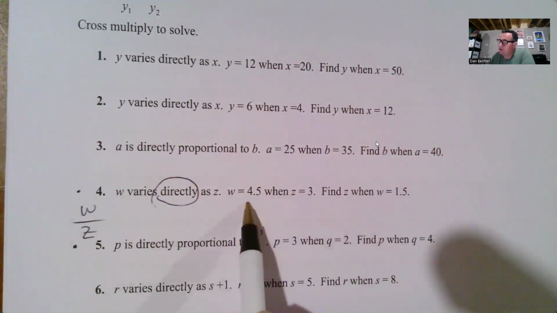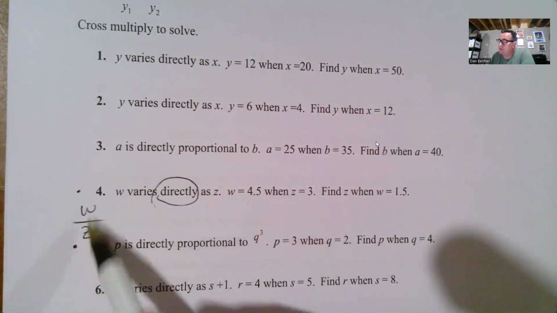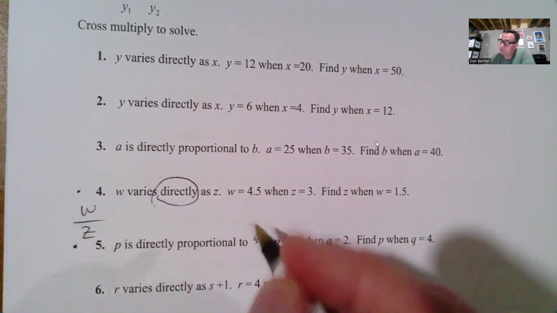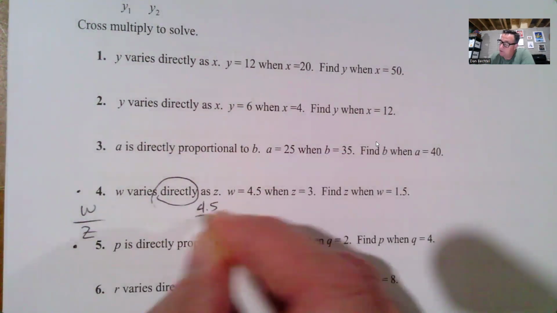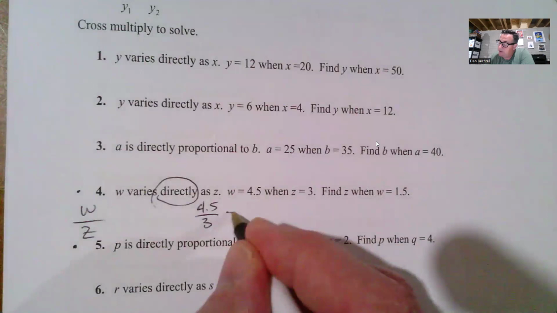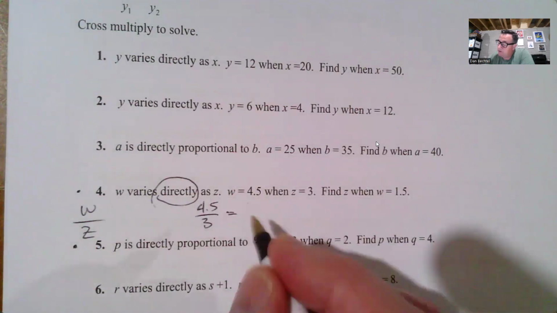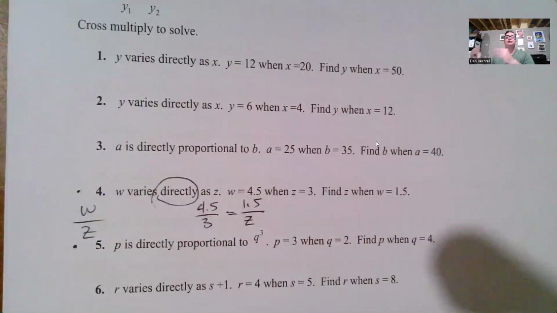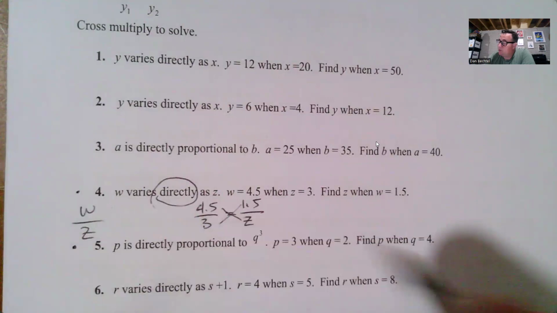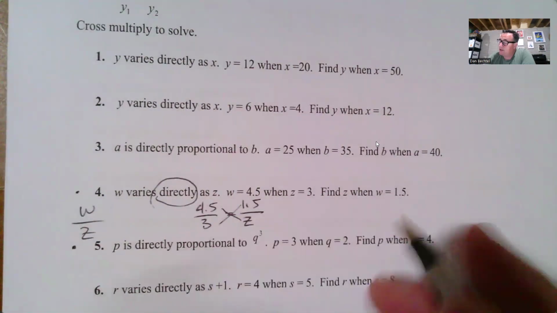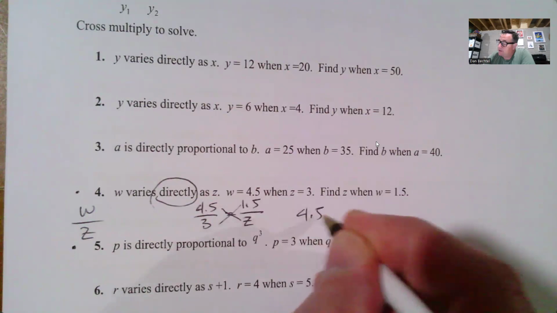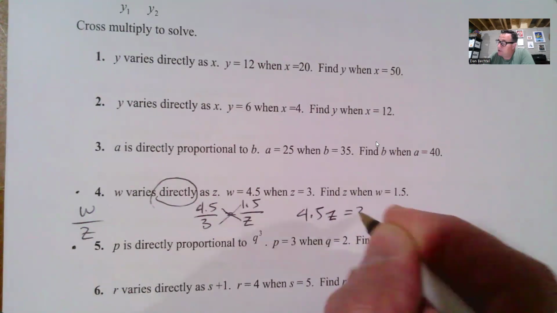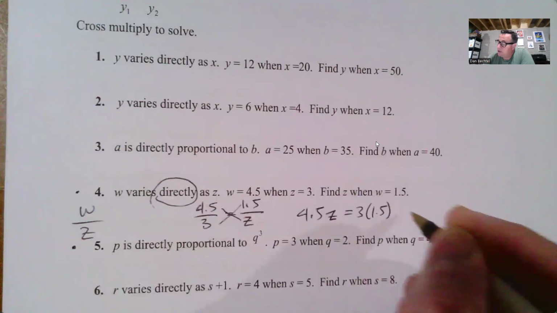So then they tell us that W is 4.5 when Z is 3. If I'm using this as my template, I'm going to do 4.5 over 3 because W is on top and Z is on bottom. Find Z when W is 1.5. So I'll put 1.5 on top and Z on bottom. Now, if you're just solving straight up proportions like this, you're cross multiplying. It's the easiest way to do it. And so in the case of something like this, we will multiply this direction, and we're going to say that 4.5 times Z is going to equal 3 times 1.5. That means that